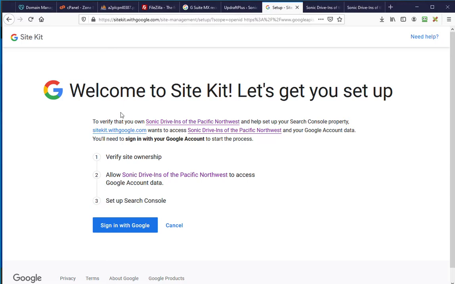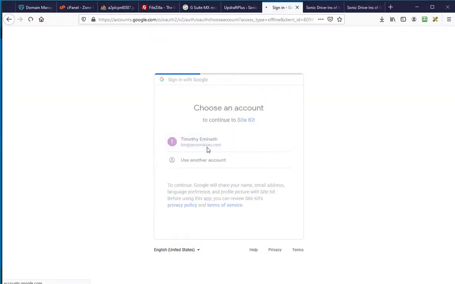And what this is going to do is it's going to detect that you're not signed into your Google account, so it's going to make you sign in. And on the opposite side, I don't know if Analytics or Search Console has ever been set up, but it will walk you through setting those up as well. So click sign in with Google, sign in with your account,